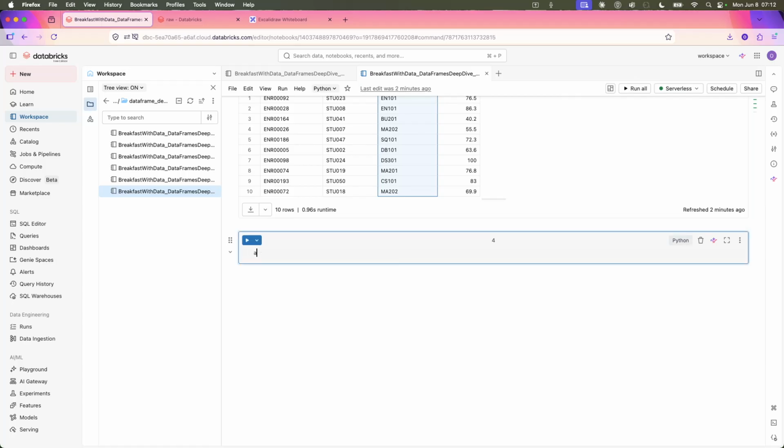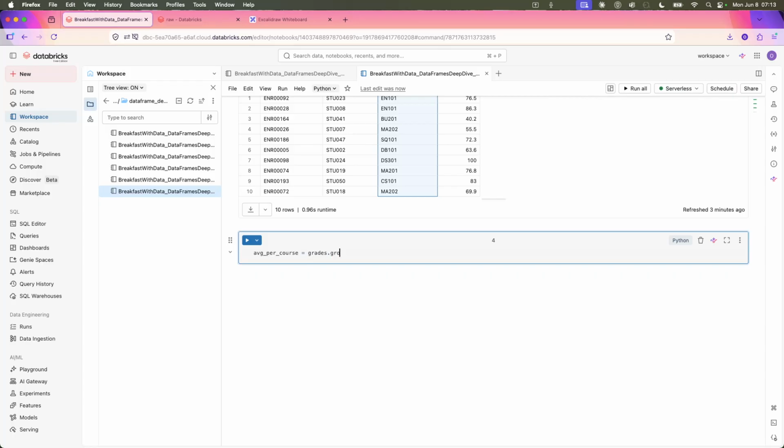I can say avg per course, and I will set it equal to, remember this is going to give us a new data frame, right? And this data frame will be calculated in a different way, and I can say grade